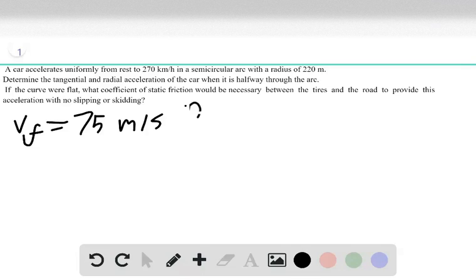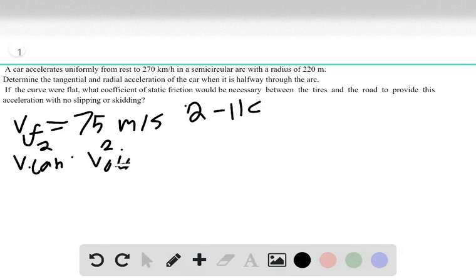Using equation 2-11c, which says v_tan squared minus v_naught_tan squared equals 2 a_tan times delta x_tan. So we can rearrange this and solve for a_tan